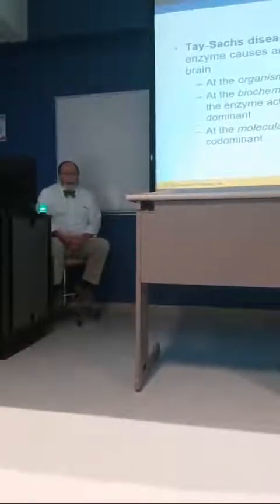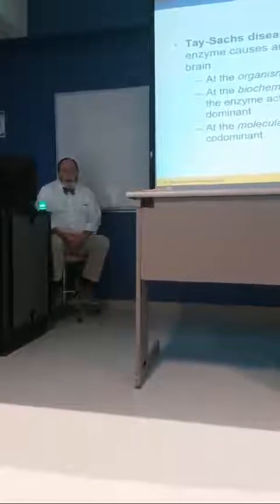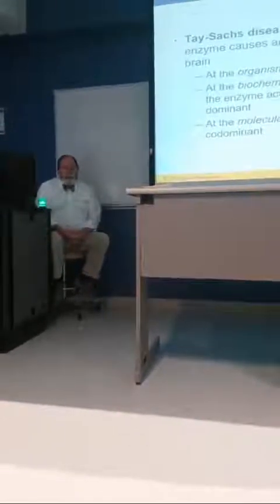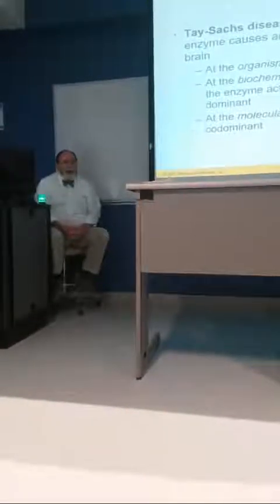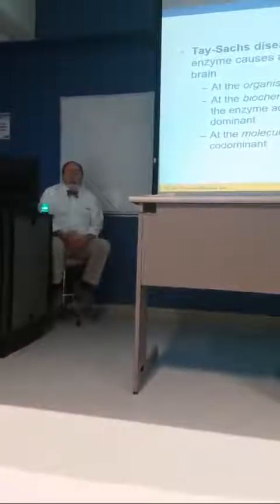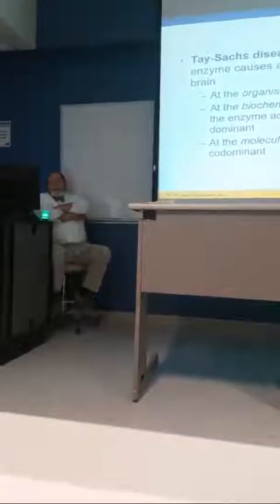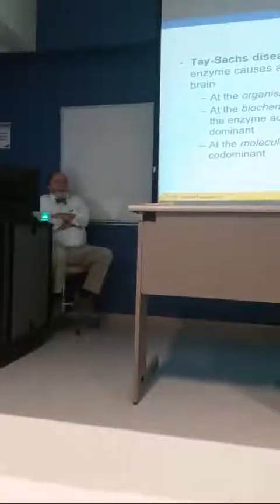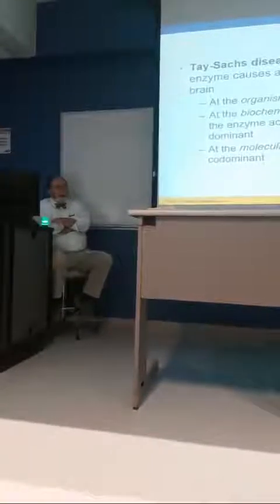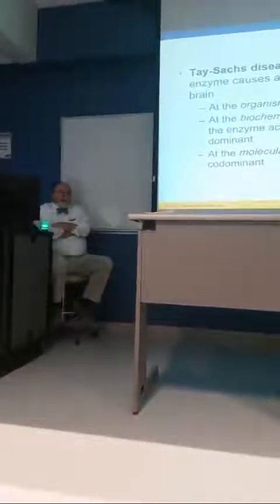If that enzyme is non-functional or not there, the myelin builds up, and it builds up in the brain. And when it builds up in the brain, it then destroys brain tissue and eventually will kill the individual that has it. So it's a very, very important little enzyme. And that whole disease, a fatal disease, is because your body lacks one simple enzyme to get rid